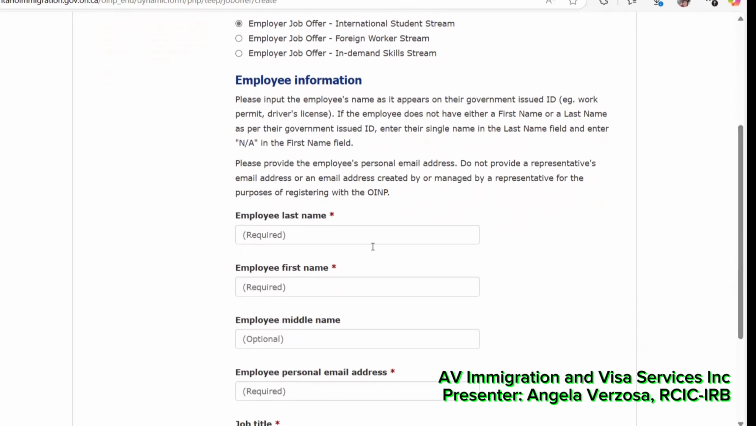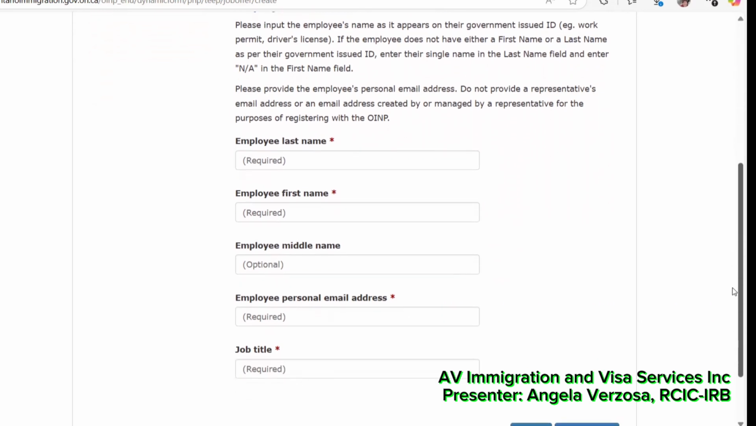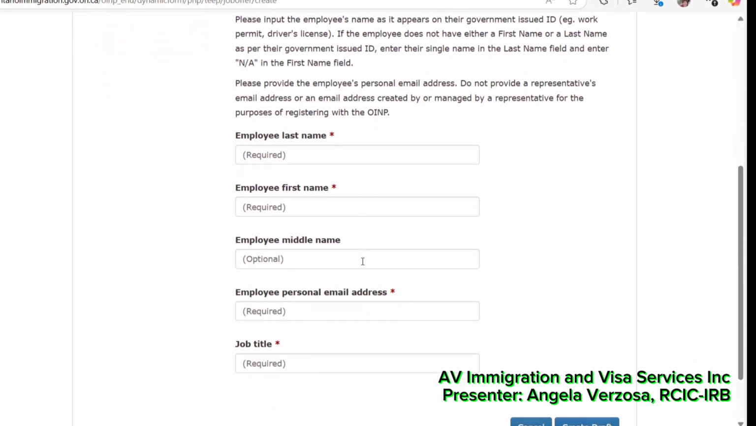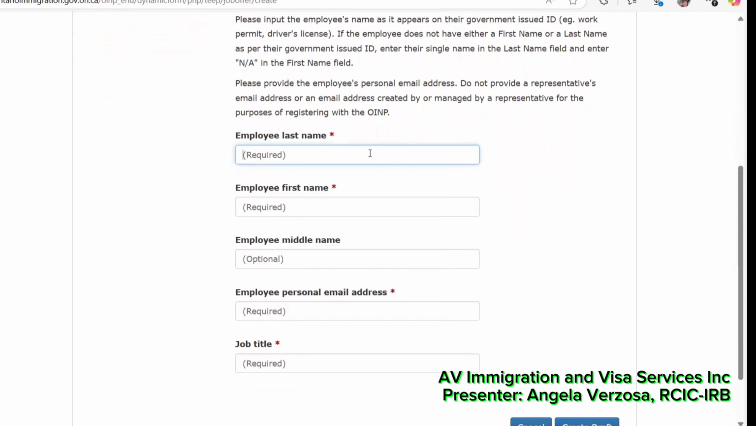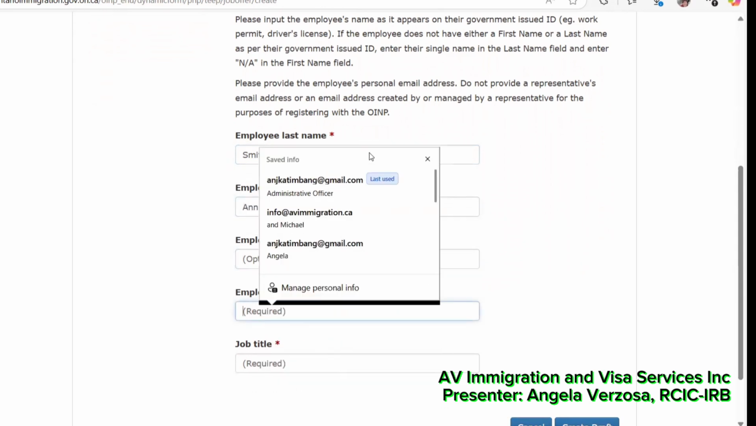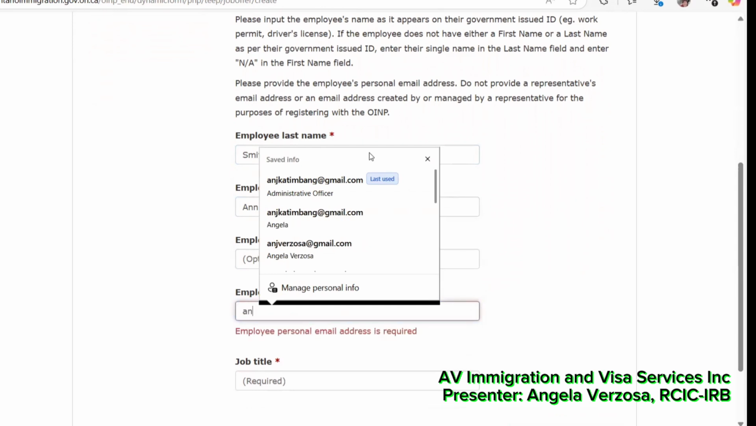And then you just need to fill out all this information: their last name, their first name, their middle name if they have one, and then their personal email address. So typically this is the email address where they would get communication from OINP. So say, for example, I have an employee, and the personal email is, let's just say,